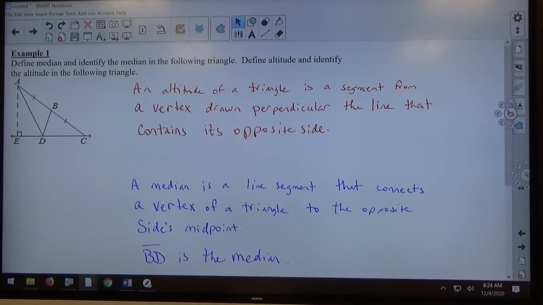It's kind of a clumsy definition for altitude, but as you can see from this picture,